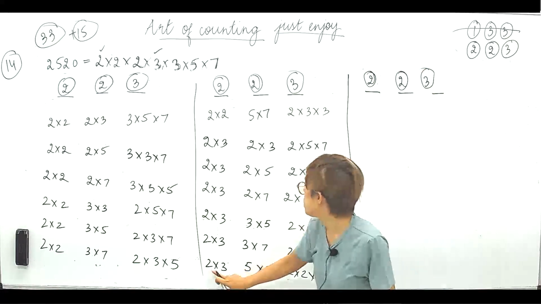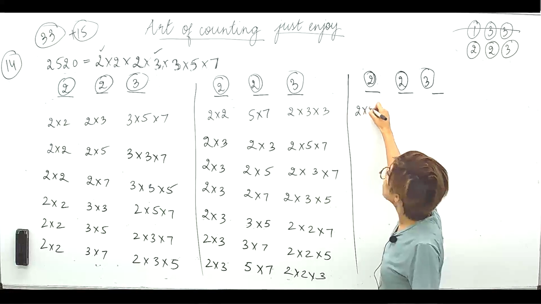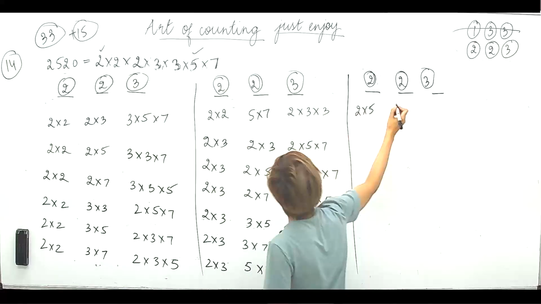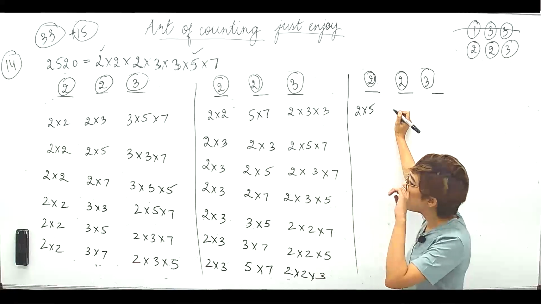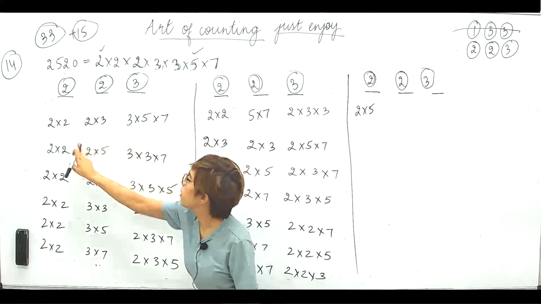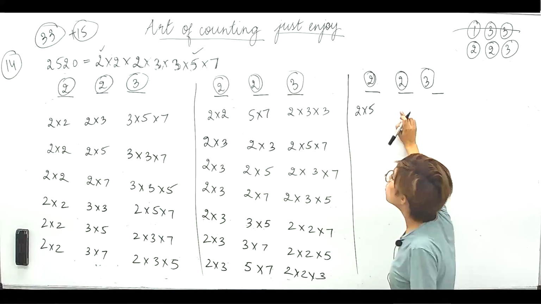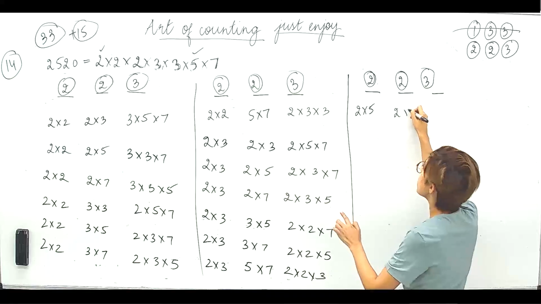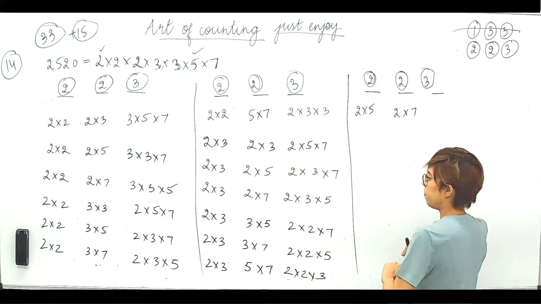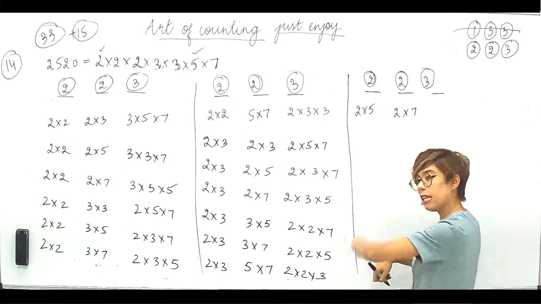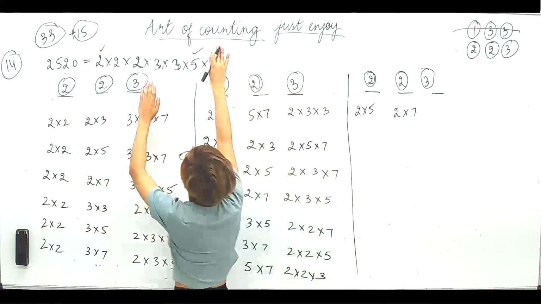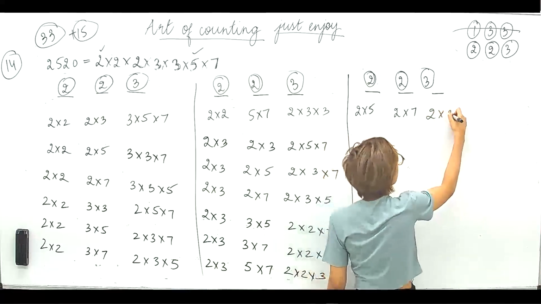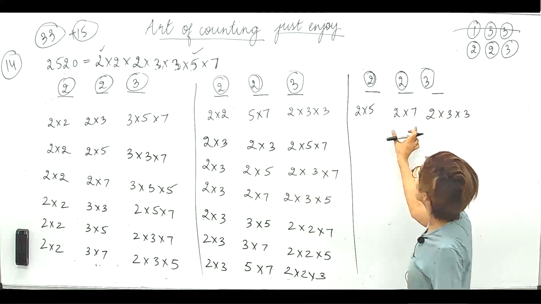Right. So 2 into 3 are exhausted. So 2 into 5 now. 2 and 5 now. So 2 into 2, definitely I'm not taking. Why? Oh yes, that's right. I won't take 2 into 3 either. That's fine. Right. So 2 into 7 I can take. Yeah, I can take 2 into 7. So if I took 2 into 7, I'm left with 2, 3, 3. 2 into 3 into 3. Right? So 2 into 7 is exhausted.